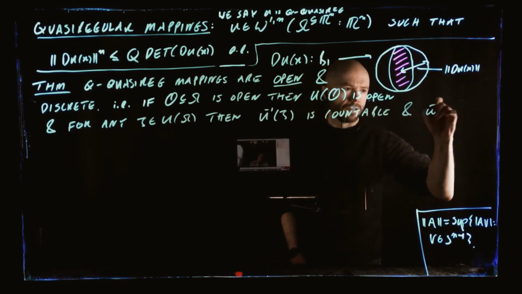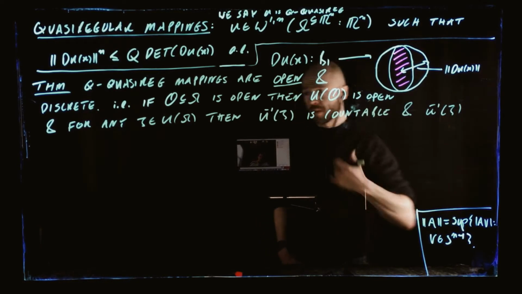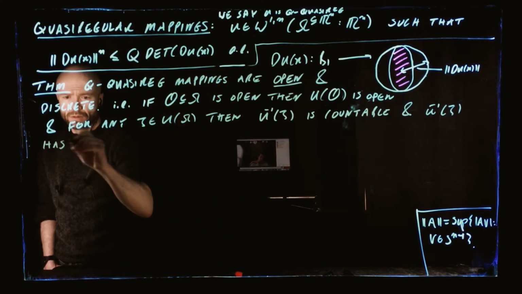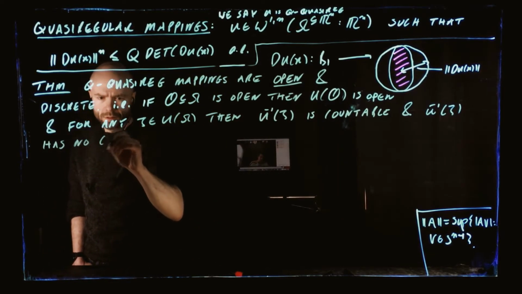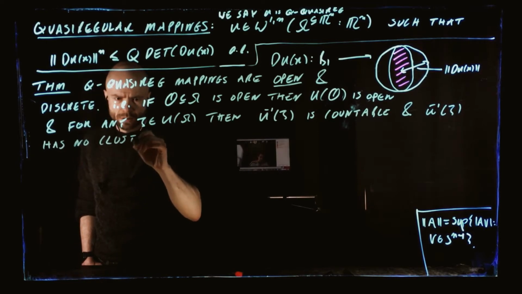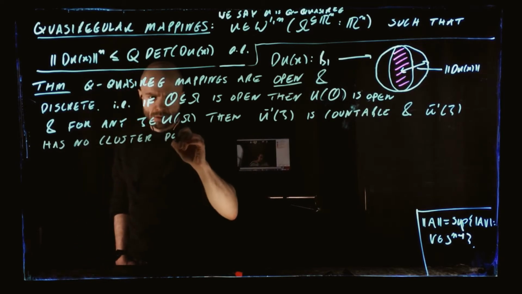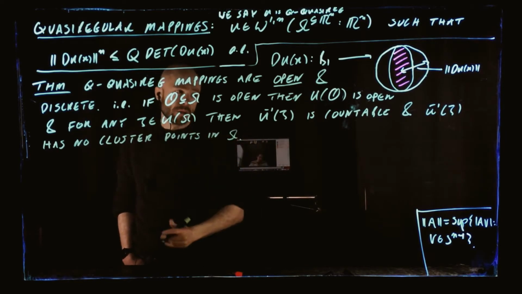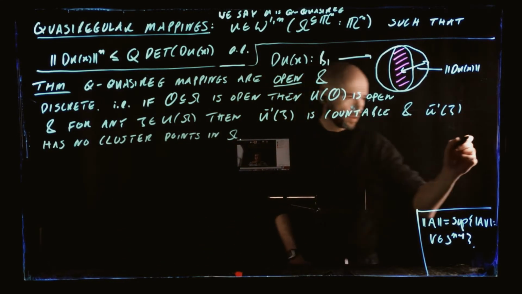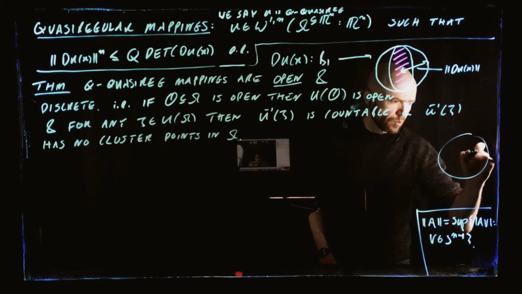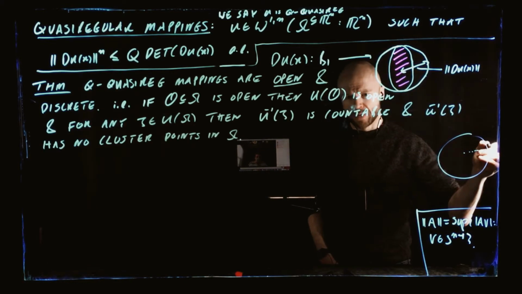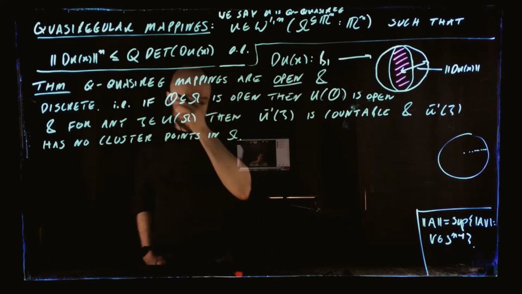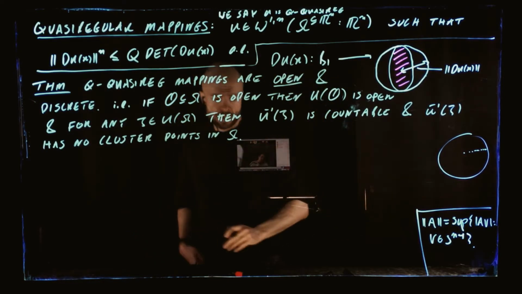And u to the minus 1 of zeta has no cluster points in omega. So if it is infinite, then it might have a cluster point, but the cluster point has to go right off the edge of the domain, right? And we also know this from complex analysis,